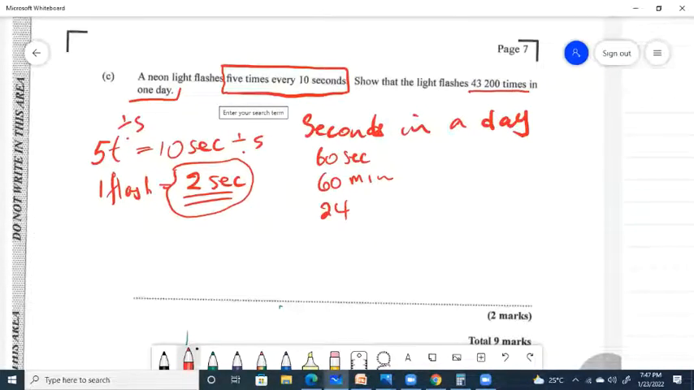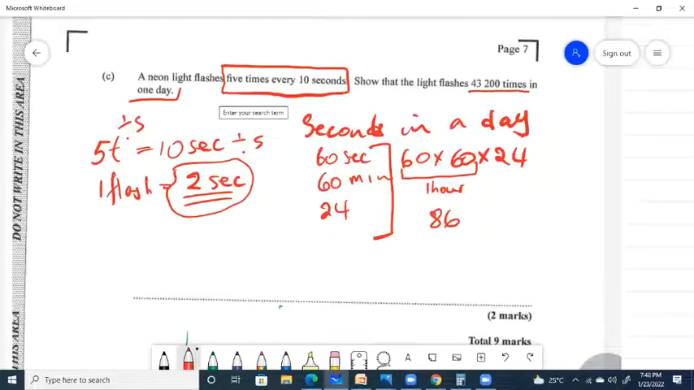So if I multiply these numbers, it's going to tell me how many seconds are in one day. So I'm going to multiply 60 times 60 times 24. Let me just show you: 60 times 60 is one hour. This is telling me there are 3,600 seconds in 1 hour. Then I multiply 1 hour by 24 to get the entire day, and this is going to be 86,400